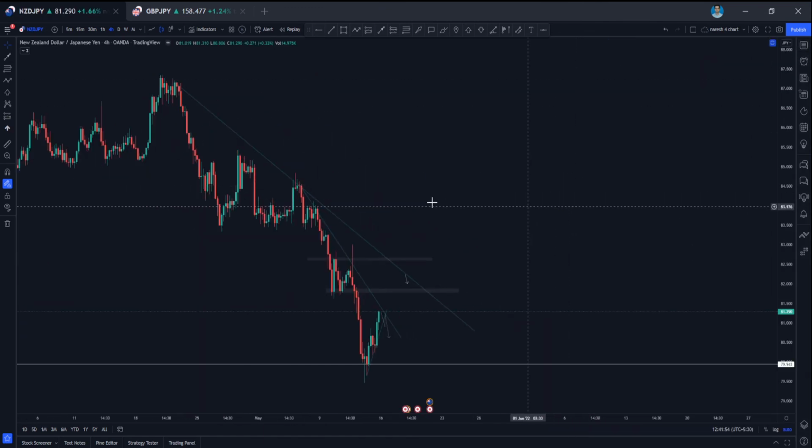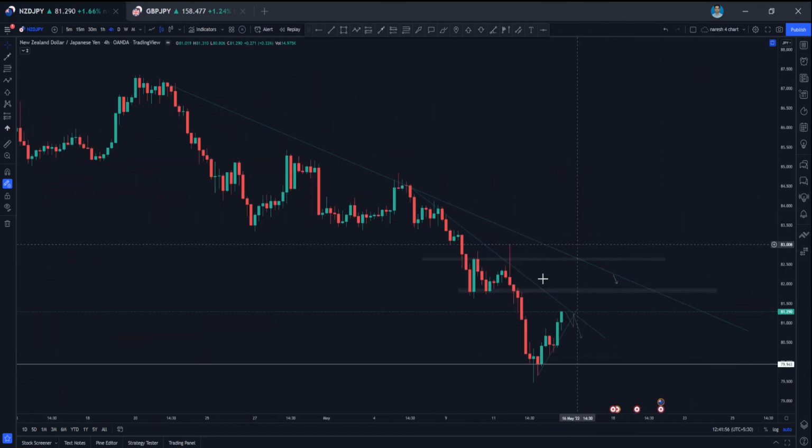So next would be Ncd Jpy, guys. Ncd Jpy is similar to AD Jpy. It is approaching an important resistance area, and it is approaching the trend line as well. So if it is breaking down and making a lower low in 1 hour time frame, you can look for